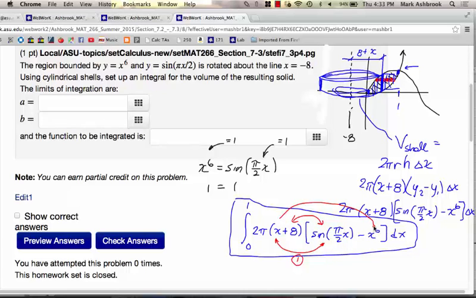X times x to the 6th is x to the 7th. That's easy. And then 8 times x to the 6th is also easy. So you've got 3 easy ones, and then the undoing of the product rule for x times sine x. Questions on this example? Okay, so